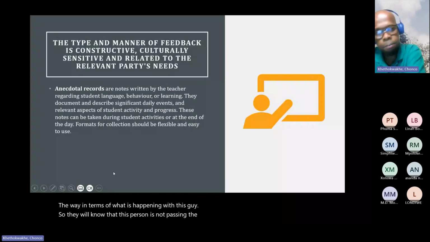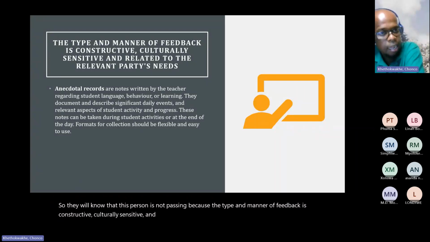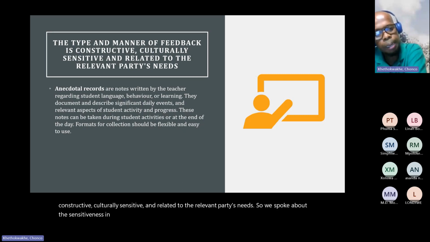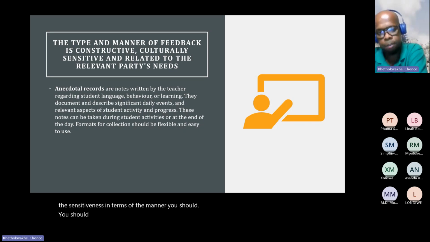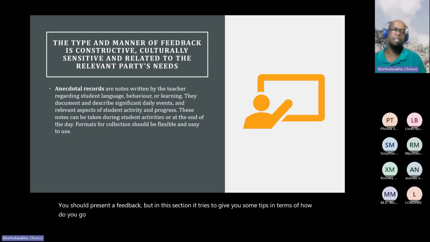The type and manner of feedback: constructive, culturally sensitive, and related to the relevant parties' needs. So we spoke about the sensitiveness in terms of the manner you should present feedback. But in this section, it tries to give you some tips in terms of how you go about ensuring that you prepare yourself